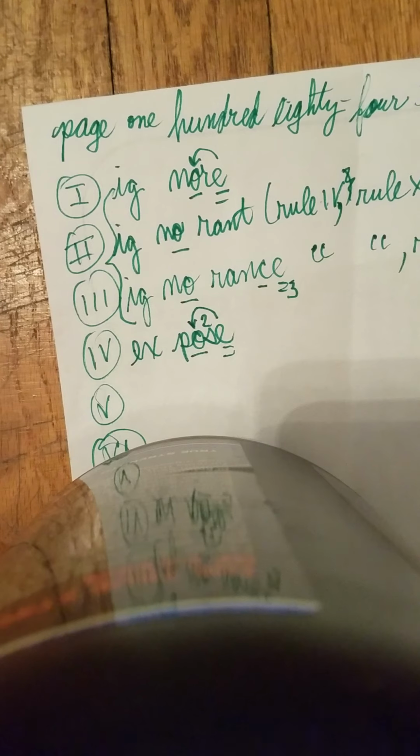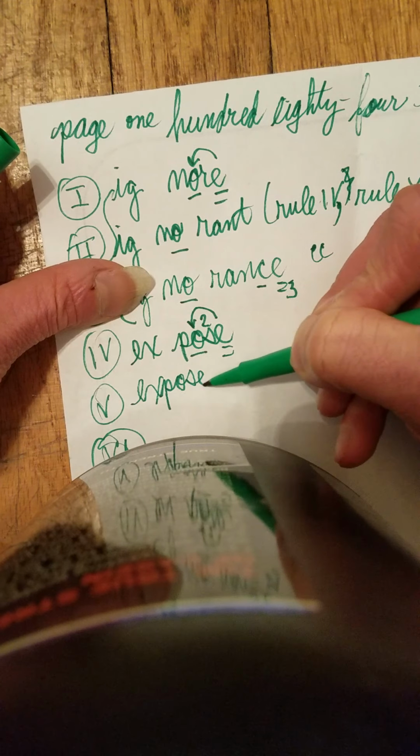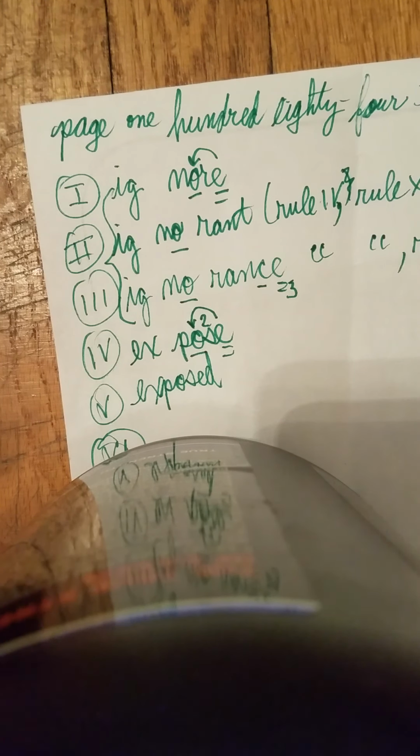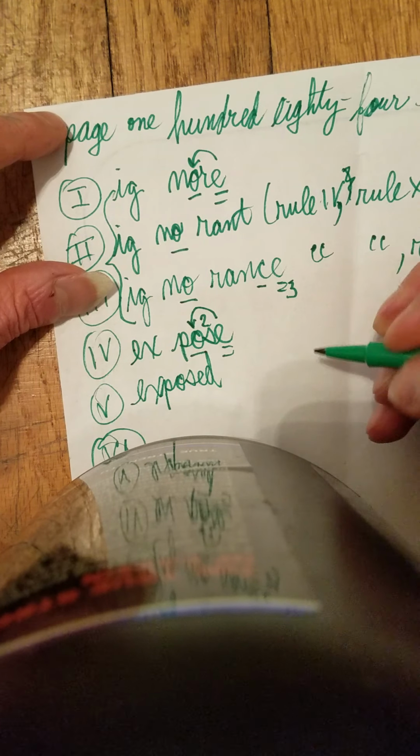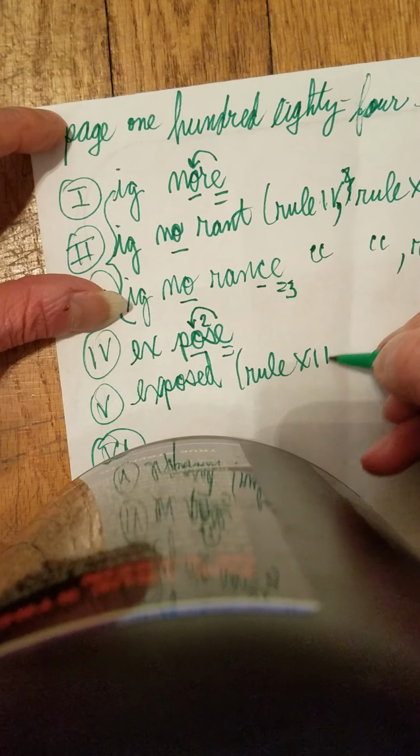Let's just say exposed. The baby exposed his naked tush when he was running around. That's right. And of course, we are all exposed to the truth. We don't always accept it, but we are exposed to the truth. Anyway, let's go. Exposed. You know what to do. Just say exposed and write it. Exposed. Don't forget to cross your X. Again, notice we dropped the silent E, otherwise it would be exposeed. So that is rule 13.